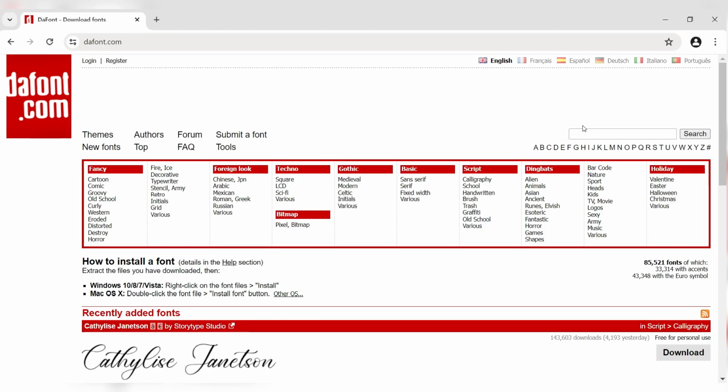Are you tired of using the same old fonts on CapCut PC? Do you want to add a personal touch to your videos by using custom fonts? Well, you're in luck, because today I will show you how to add custom fonts on CapCut PC step by step. Visit dafont.com. Type your favorite font name in the search bar